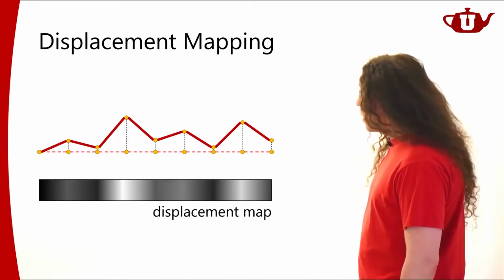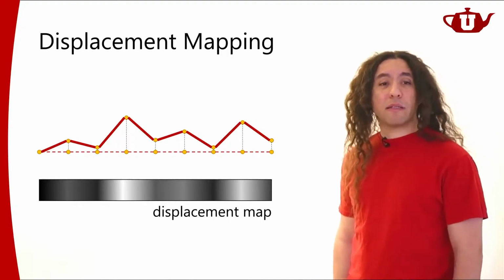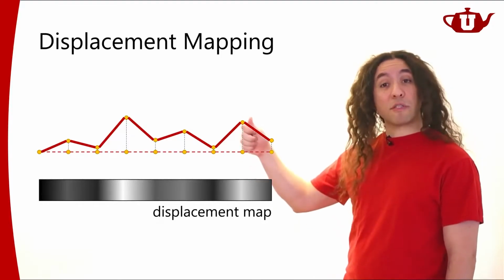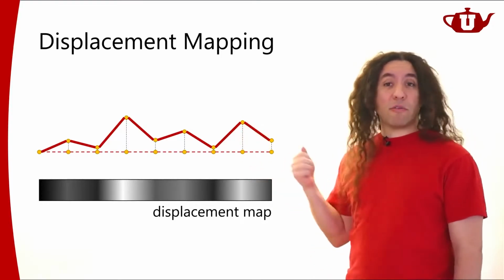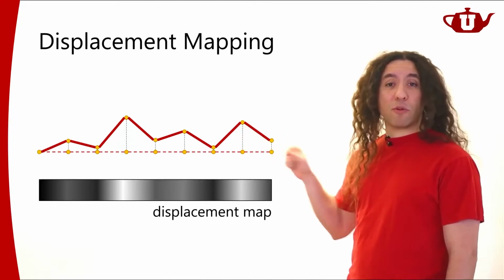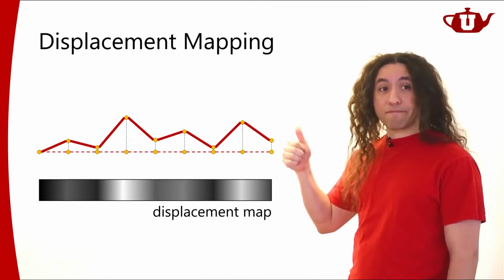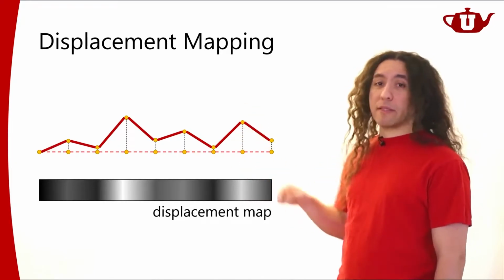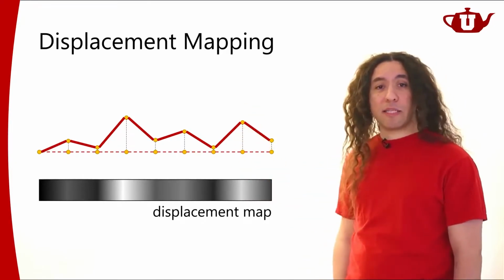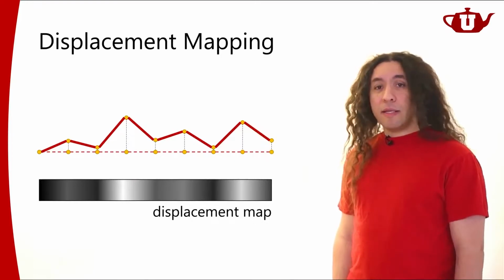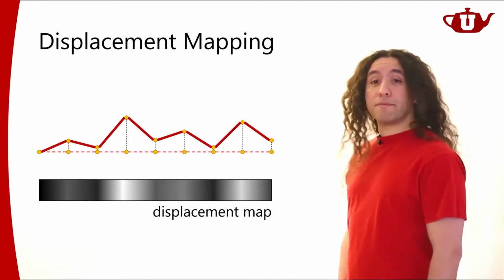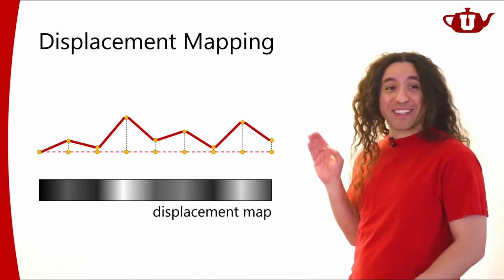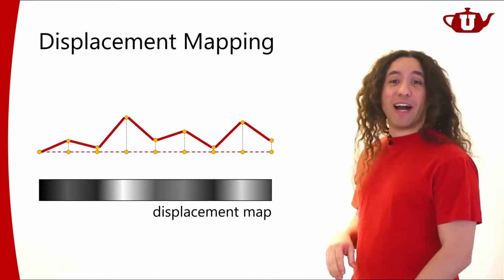And that would be a little bit easier to handle because I'm just modifying the vertex position along the surface normal. Presumably, I already know the geometric surface normal of the original surface that I'm rendering at any point. So I just move things along that direction based on what I see in the displacement map. So there is no faking here. This works just fine because I'm actually modifying the surface. I'm actually getting a high resolution surface.